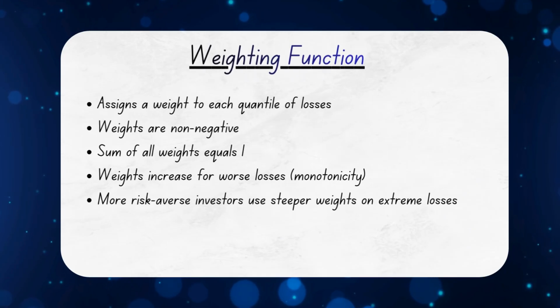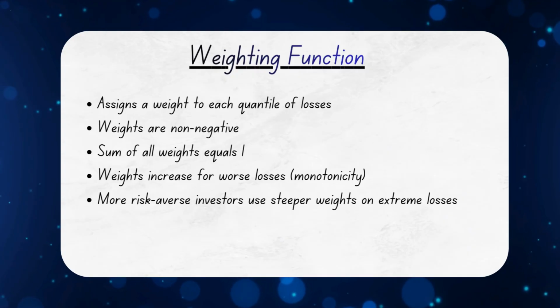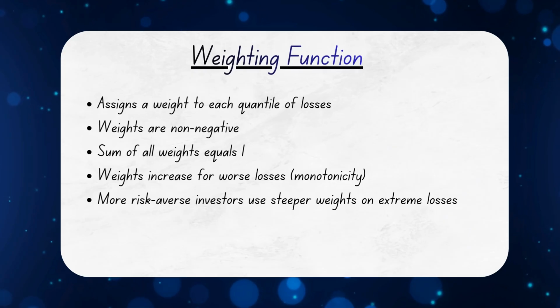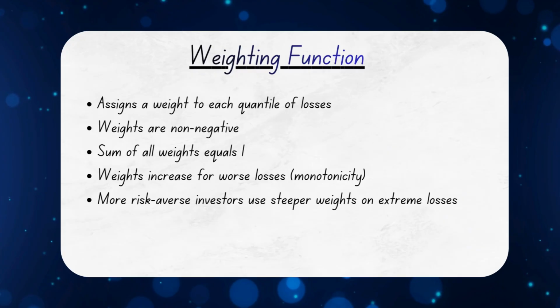The key idea behind spectral risk is the weighting function. Each possible loss or quantile is assigned a weight. These weights must be positive. They must add up to 1, and most importantly, they must increase as losses become worse. This ensures that extreme losses get more emphasis. A highly risk-averse investor will choose very steep weights, heavily penalizing large losses, while a less risk-averse investor may choose